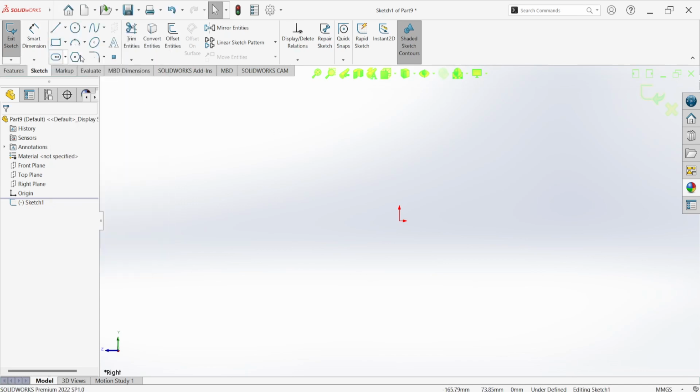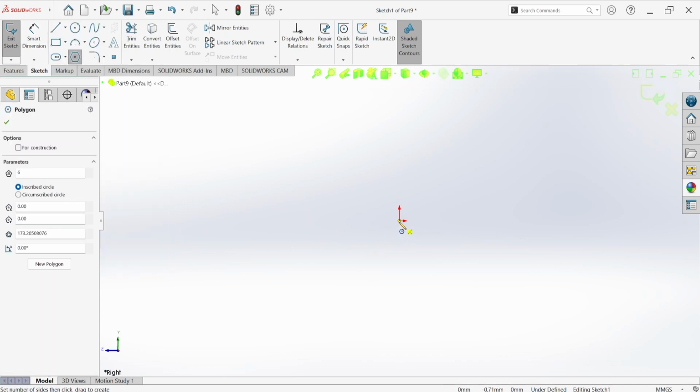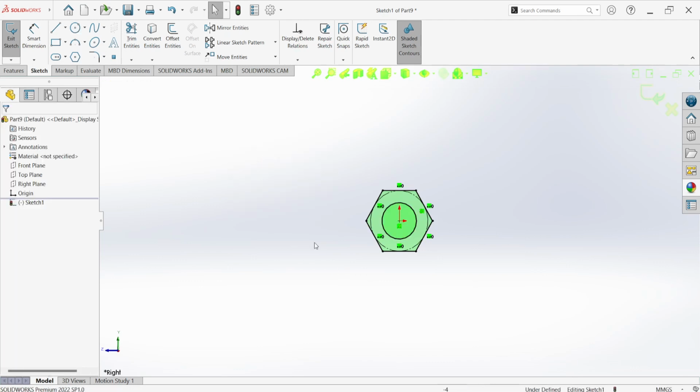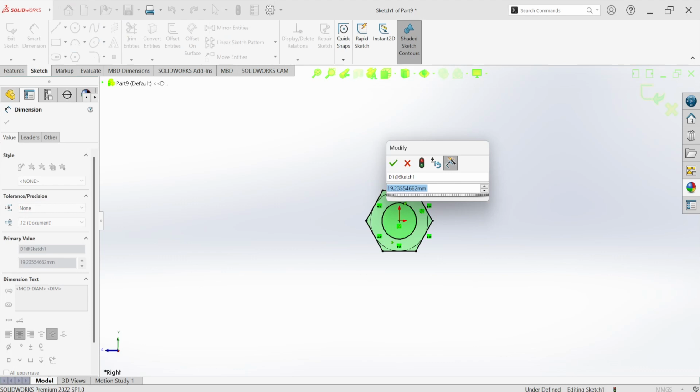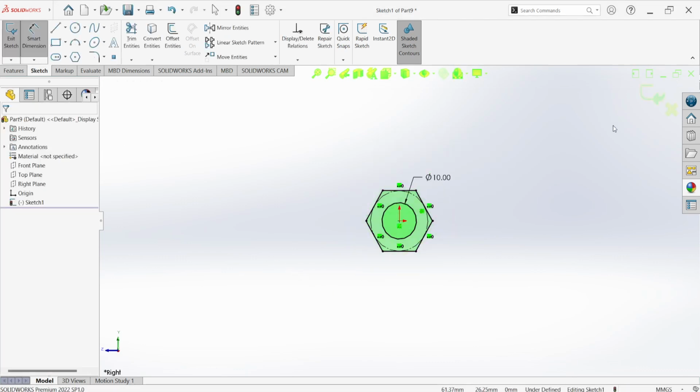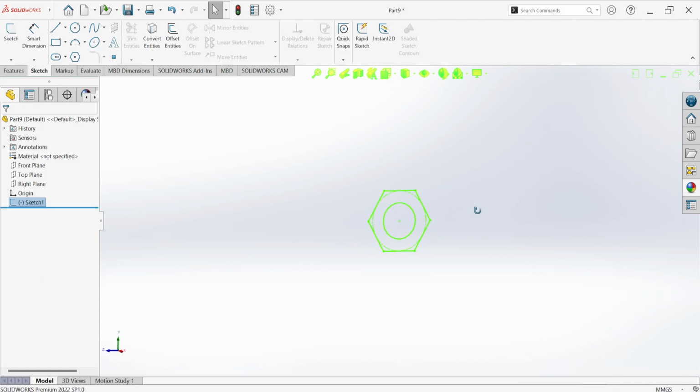Draw again hexagon. Again you have to use circle and draw a circle in hexagon, provide its dimension is 10. Okay, that's fine. Click OK, exit sketch and